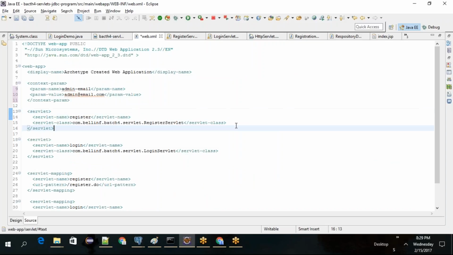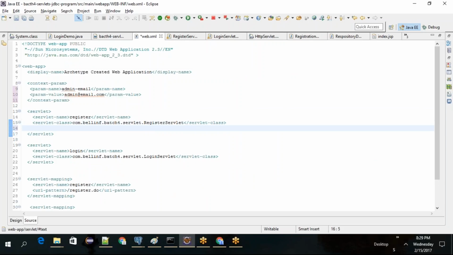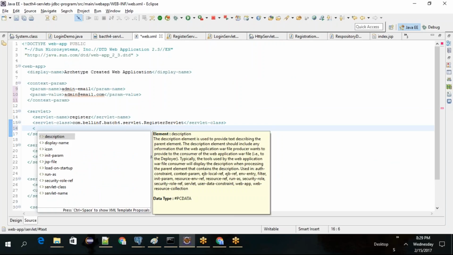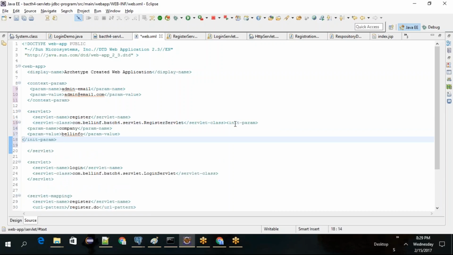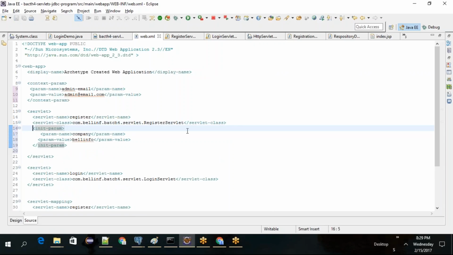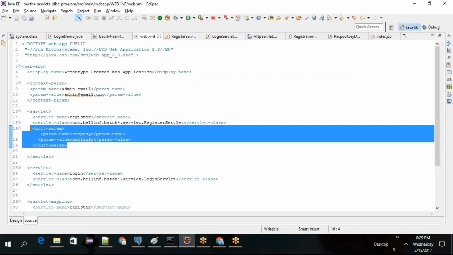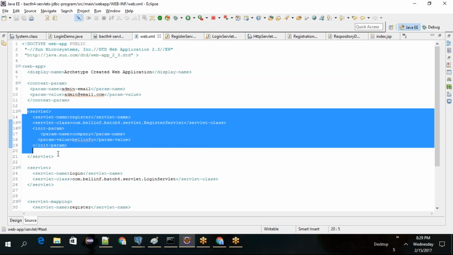I think it will be part of servlet. So this param is specific to register servlet,